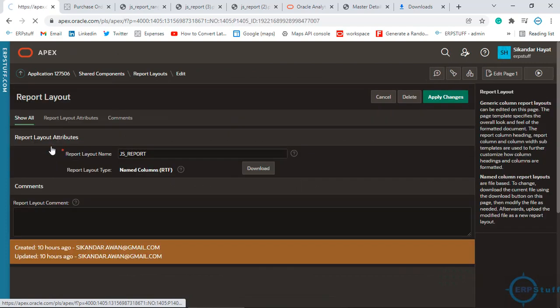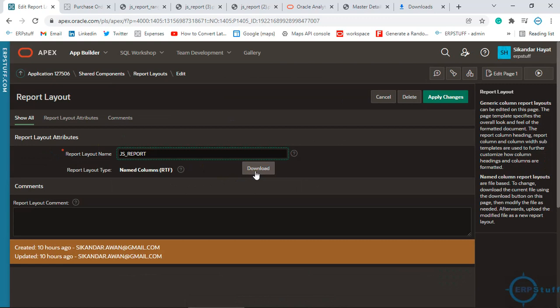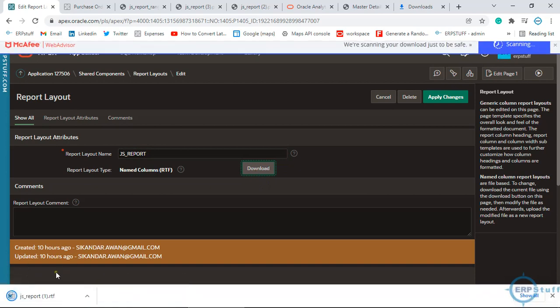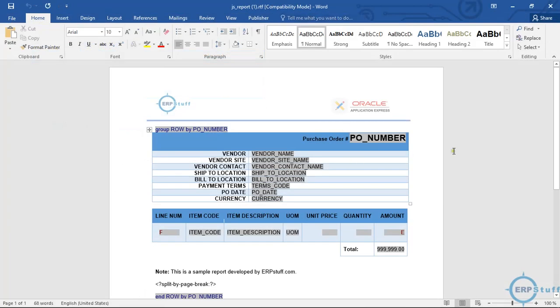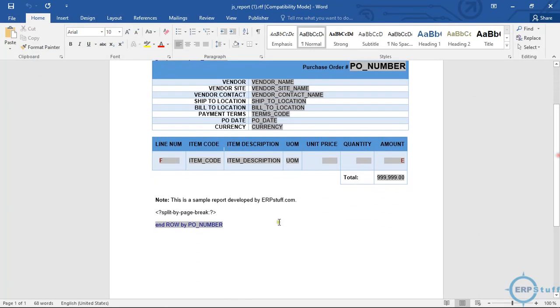If you click now, you can see you can download from here, but you cannot update the existing uploaded template. So what we will do, you will download it. Let me show you how I had designed it. So this is how I designed. I have the tables in the header, the bottom, lines, and this code, this is a page break.